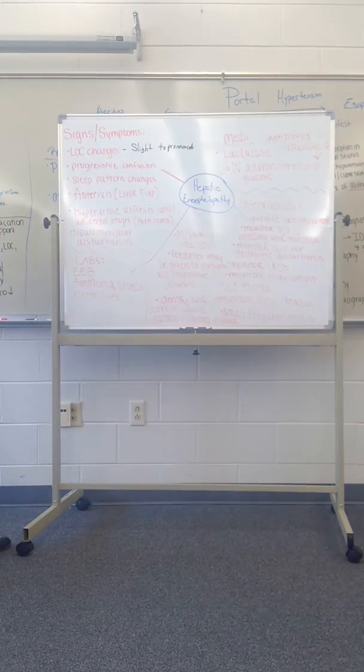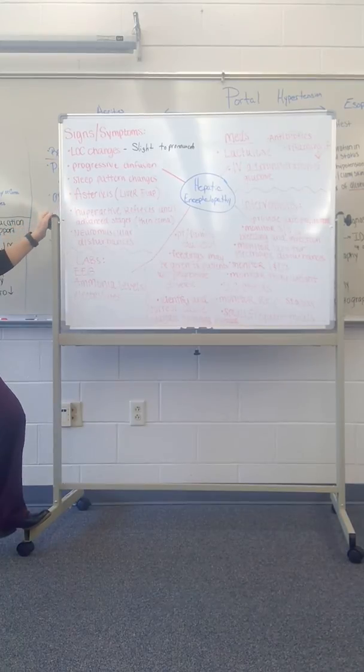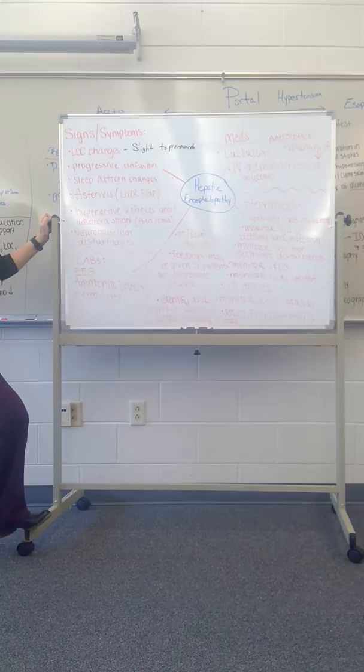Progressive confusion, like not knowing how to process things, how to do basic skills. Their confusion can progress to not knowing who they are, where they are, what country they're in, so you want to get that orientation status established. They may have sleep pattern changes. They normally may sleep all night, and that may go to where they don't sleep at all, hardly any, a couple of hours at night.